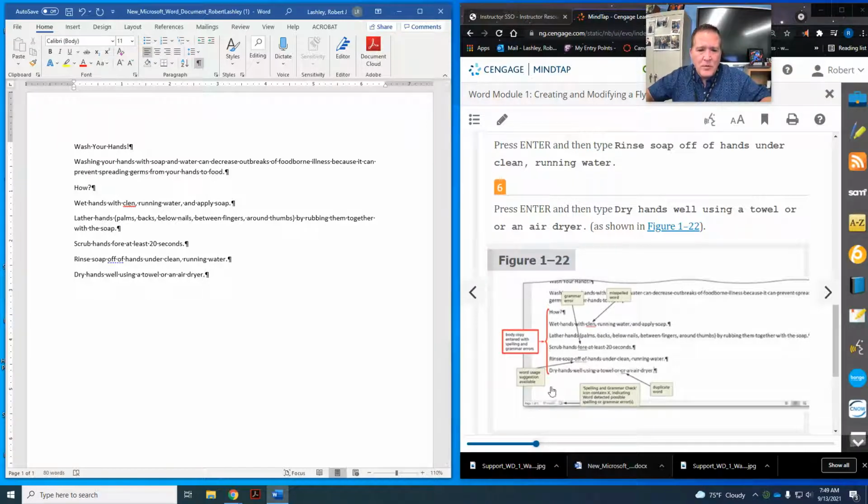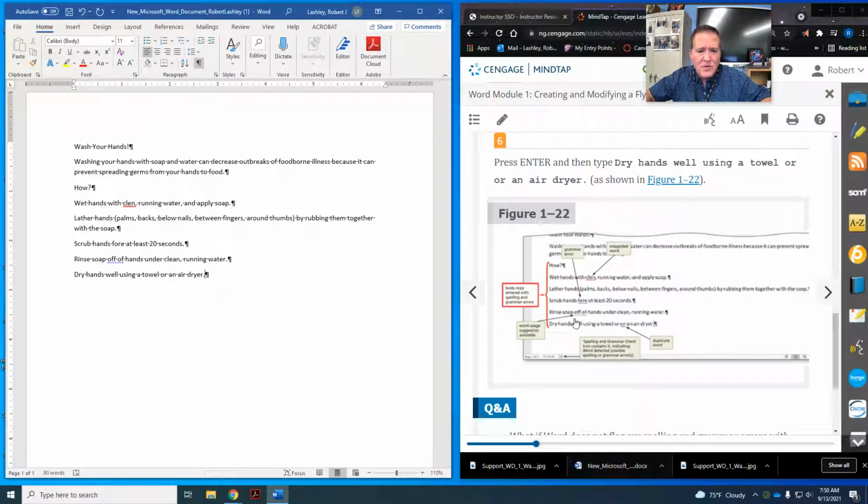And if you look at figure 1-22, you're going to see some of these squiggly underlines. If you have a misspelled word, it's red. If there's something grammatically wrong, it's going to be a blue dotted line. And if it's a word usage suggestion, like "off of," it's going to be,